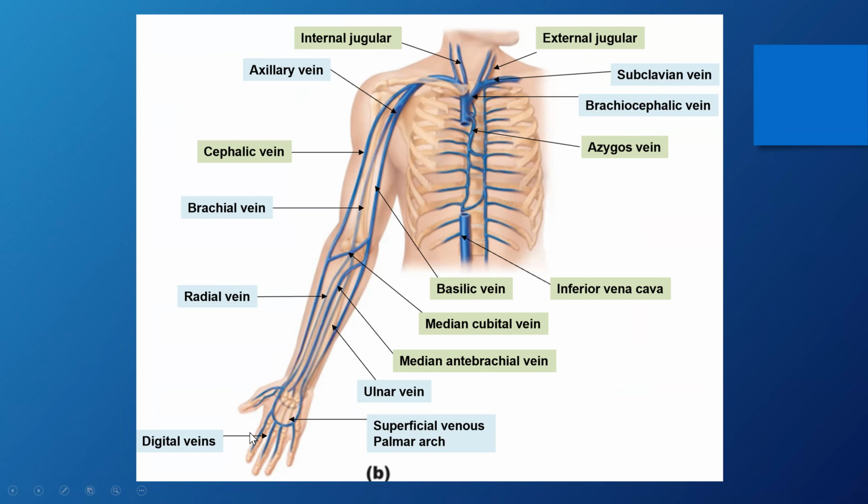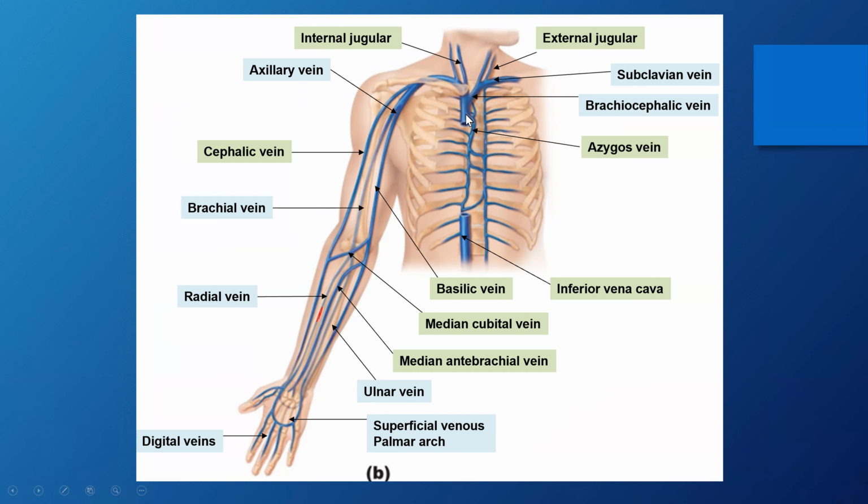Now, if we're coming back from your hand, we have digital veins, superficial venous, palmar arch. We have radial. That's actually shown here, in a little bit lighter blue color, right there. I don't know what color, it's red. So that's a radial vein. This is ulnar vein, and they drain blood to the brachial vein, right? And brachial vein became axillary vein, right? And then brachiocephalic trunk